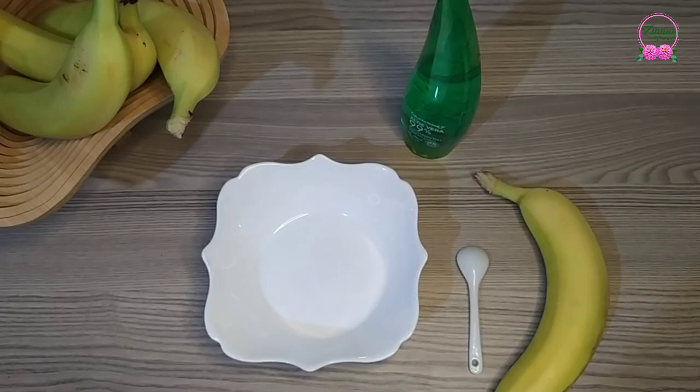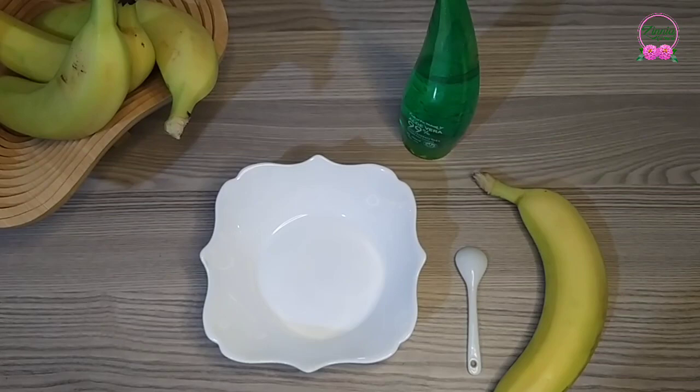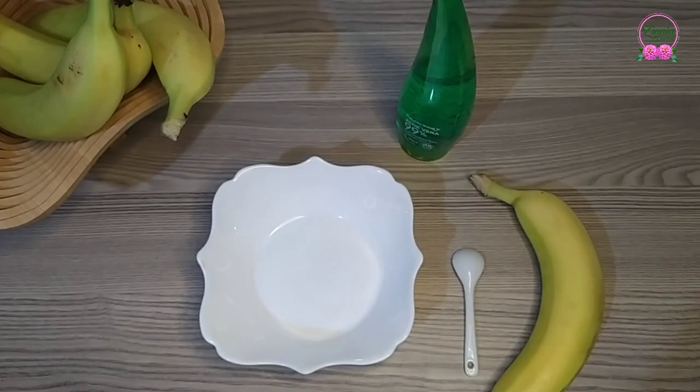Your skin may begin to age as soon as you reach your 30s and can show signs such as wrinkles, fine lines, and dull, dry, or uneven skin. This can make your skin appear lifeless. This face mask can help you to get rid of all these problems. Well, let's get started. All we need here is half banana, 1 teaspoon of aloe vera gel,